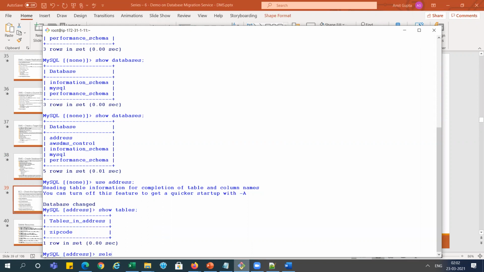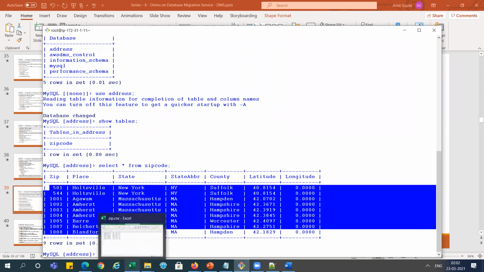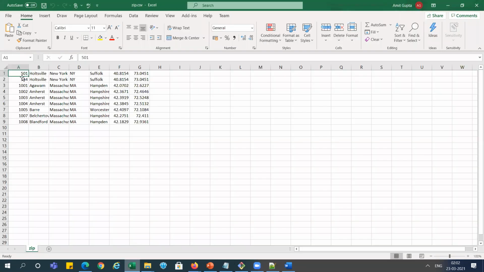Now we can select from zip code, right? How many rows? You can see it is showing nine rows. And you can see in the CSV file, we have 9 rows. Same.